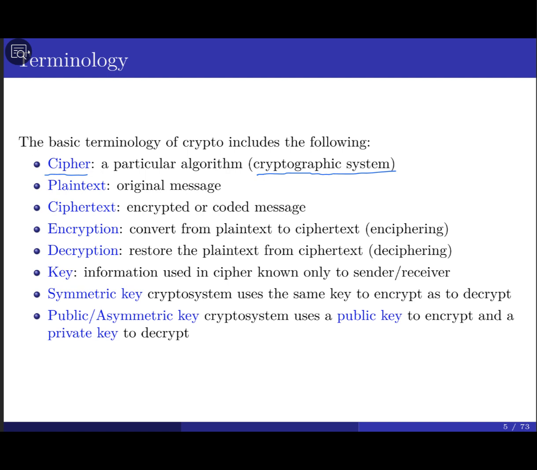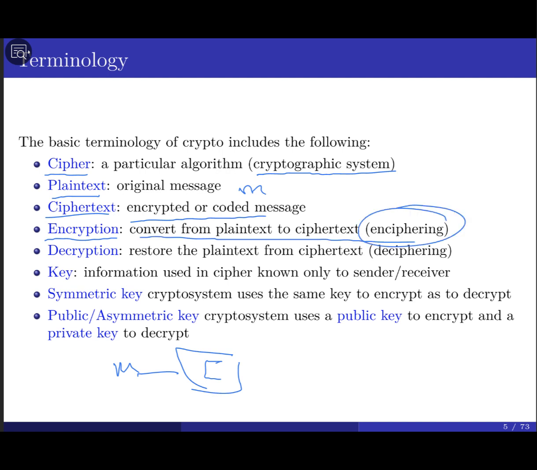Okay, plaintext is the original message. Generally speaking, we use M as abbreviation. The ciphertext is the message that's hard to read, or the message that's encrypted or coded. Encryption is the algorithm. Remember that we have the message M, and this is the algorithm used in order to encrypt the message. Or in other words, I prefer to say convert from plaintext to the ciphertext. Sometimes you're going to call or say this one encipher.